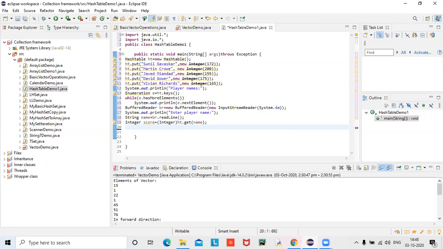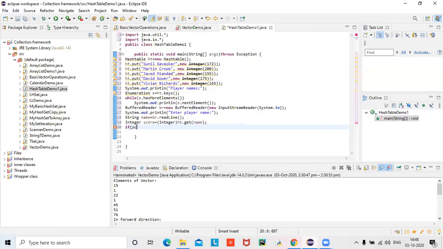Wait. And one more thing. If the score is null, if there is no score being done, because score is nothing but it is the value here. If you are unable to get value, means what? Player does not exist. Is it not? Right. Wait. No. If score is not equal to null, then only you have to get inside. Like that, we have to design.